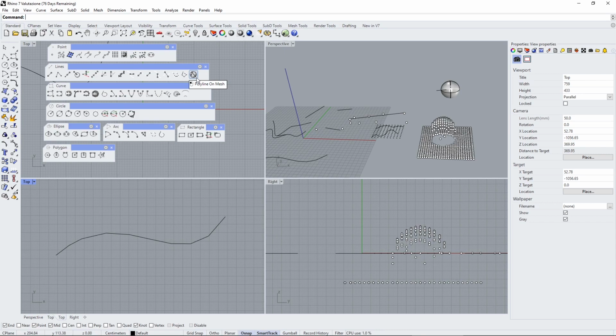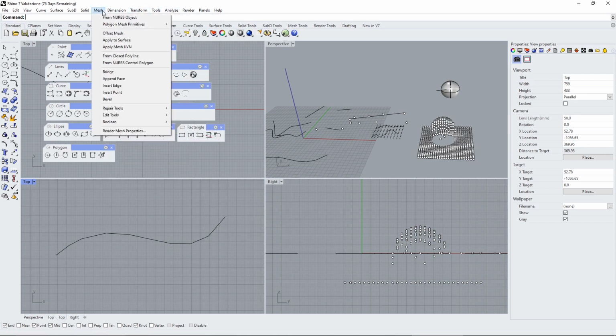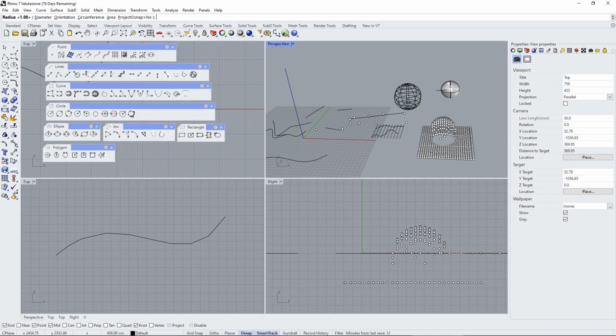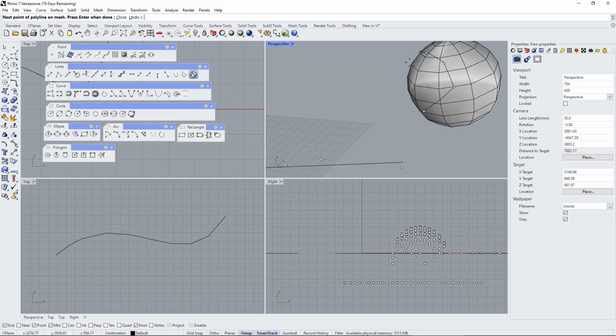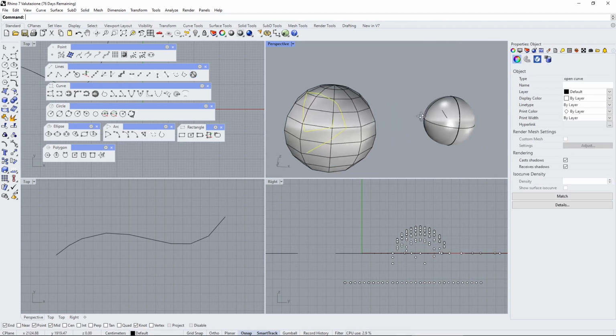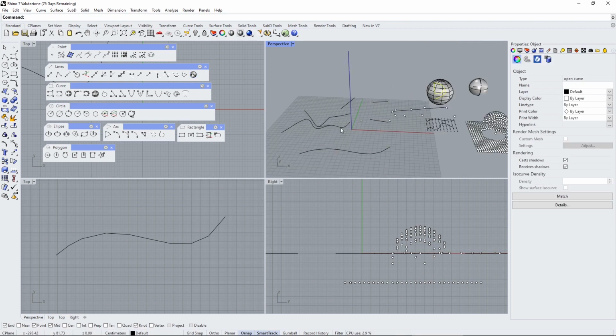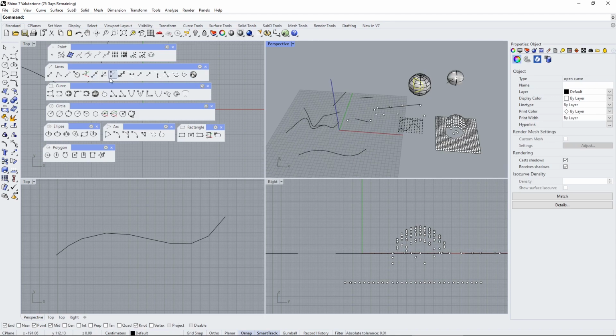And then I can create a polyline on mesh, but I don't have the mesh, so again I need to create one. Let's create, for example, a simple sphere, and then I can use this one here, select the mesh, and start this polyline on this mesh directly on the surface. So look how many things you can do here in RHINO using 2D and then also